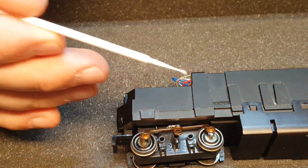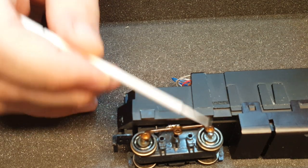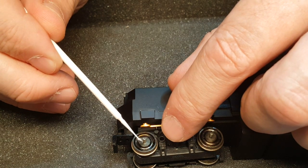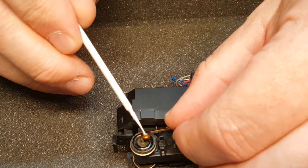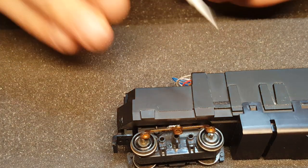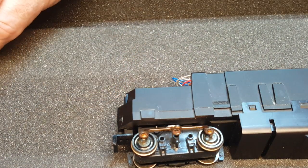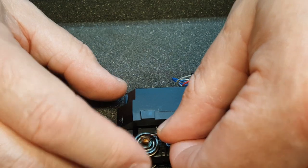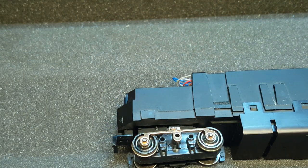I just put a little bit on the end of an applicator and put it on the axle. All the way around there. Doesn't take very much, it just helps with the electrical contact. Okay, there's that. And then I'll put that back together. And now while that's down on there,